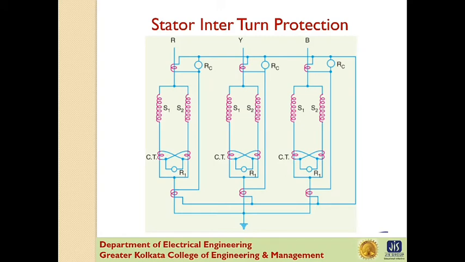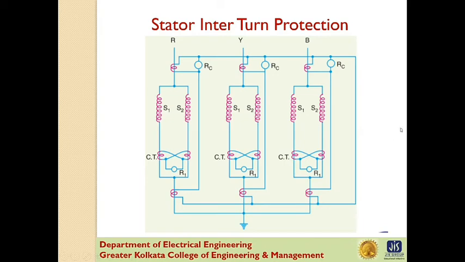Now, in single turn generators, large steam turbine generators, there is no necessity of protection against interturn fault. However, interturn protection is provided for multi-turn generators such as hydroelectric generators. These generators have double winding armature, that is, the phase winding is divided into two halves owing to the very heavy current which they have to carry. Now advantage may be taken of this necessity to protect against the interturn fault on the same winding.